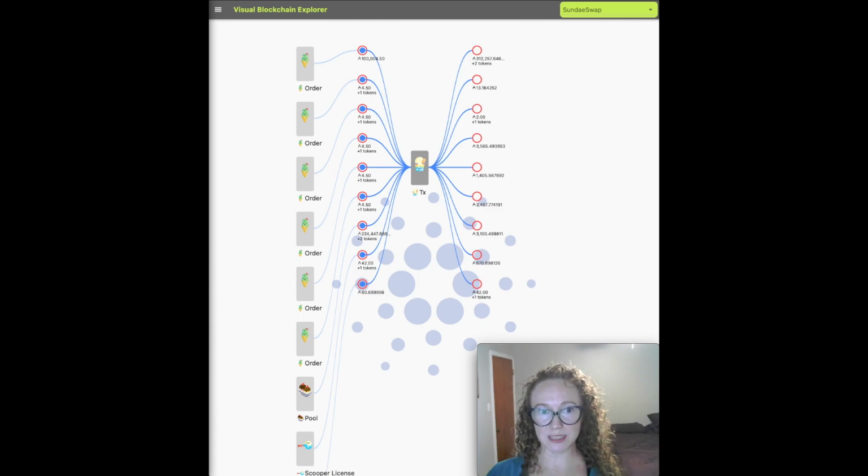On this graph, we see a series of items that are labeled order, pool, and scooper license. The collateral shows up as a separate transaction in Blockfrost, so we can ignore that for now. Starting with the transactions labeled order. These are where an individual has spent ADA into a smart contract controlled by the SundaeSwap protocol. Each person has set their own parameters around what they're trading and at what price range, and that gets coded